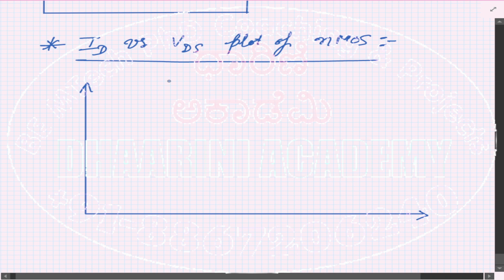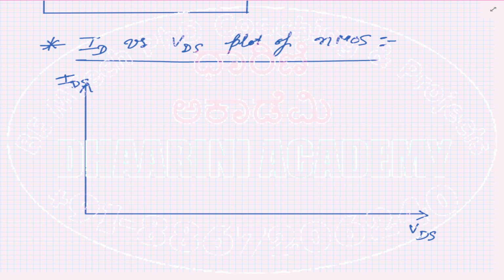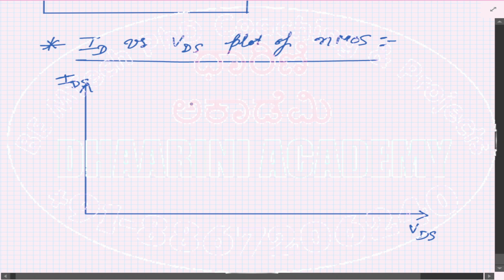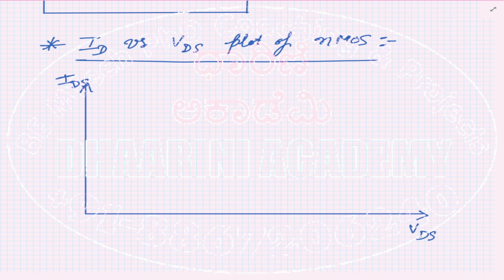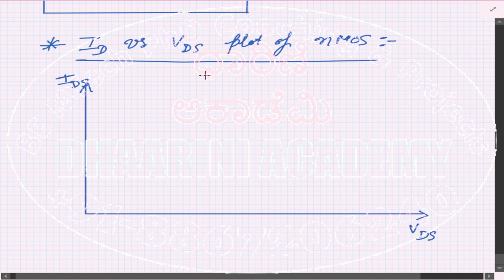On the y-axis, I'm going to plot the current. This current is ID or IDS because it is flowing between drain to source, right? So textbooks will call it ID, the drain current, or drain to source current, doesn't matter. Similarly, you can measure the VDS, voltage between the drain to source. Okay, now by doing the experimentation, we can observe one thing, that there are two different regions, right, in any